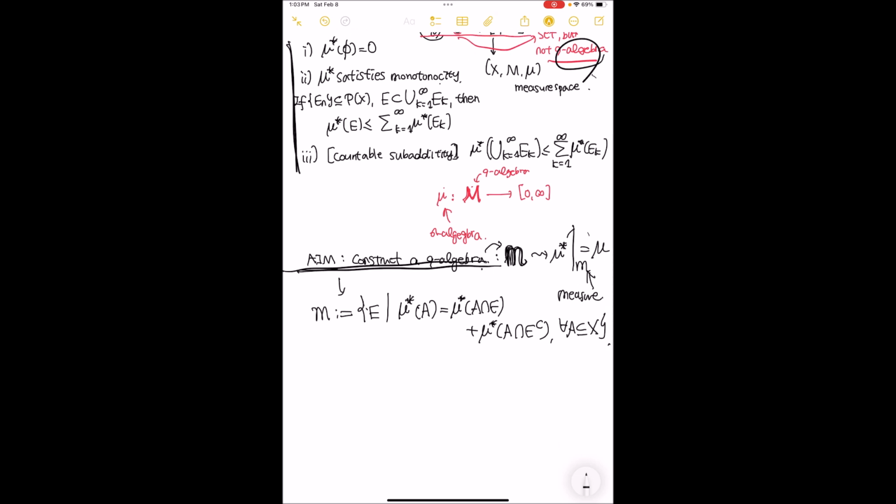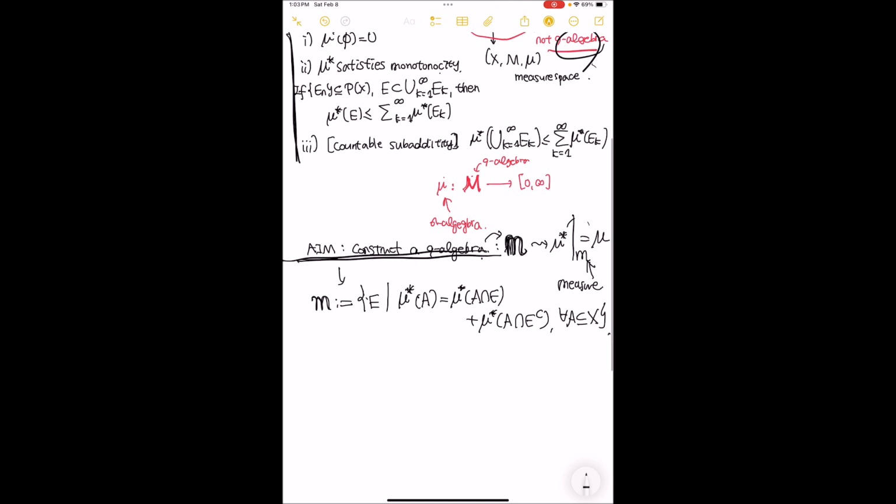If we define this very miraculously and strangely, and collect the sets M that satisfy it,